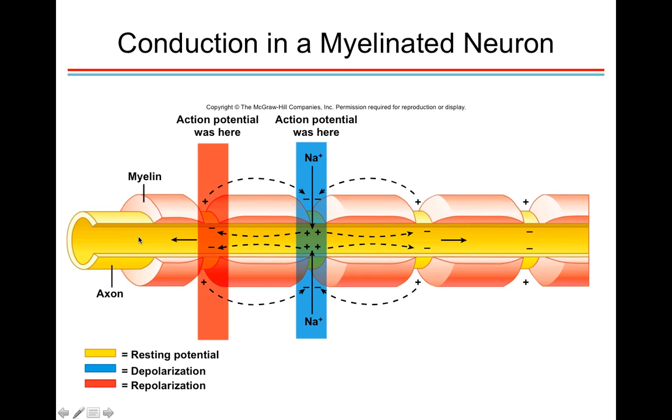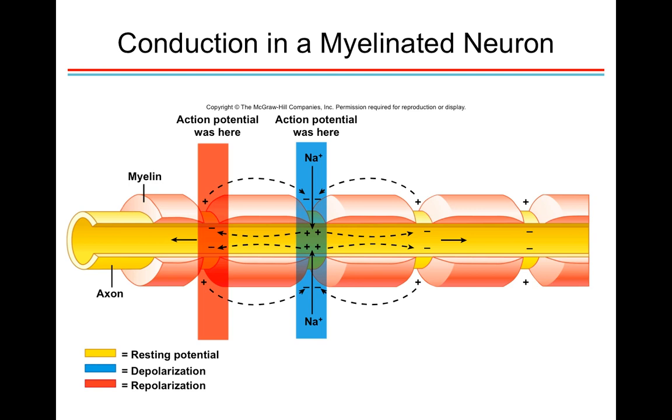Here we have the axon, and this axon is myelinated. Myelination provides insulation. It turns out that there are no voltage-gated ion channels in the myelinated region. All the voltage-gated ion channels are actually localized to these nodes of Ranvier, which are in the gaps between the myelinated region. So this allows the action potential to jump from one